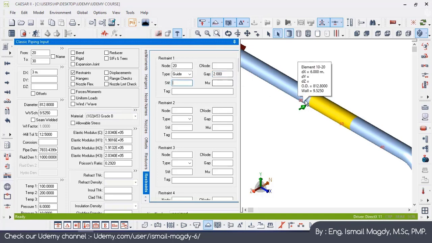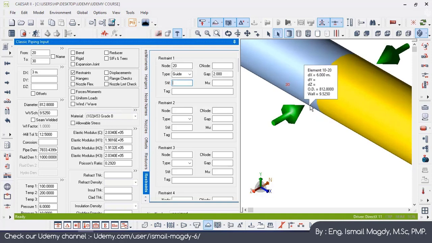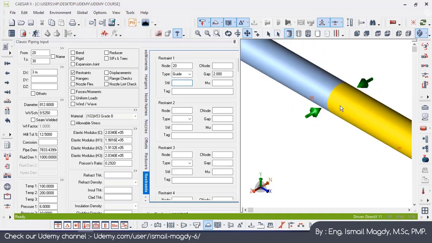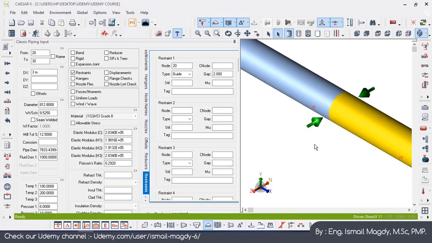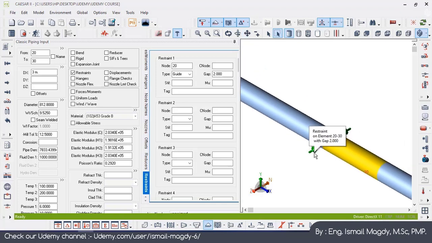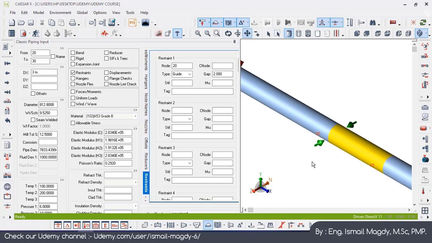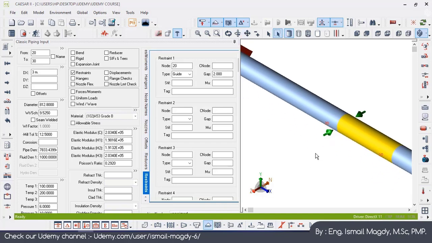We insert it here. You can see now that your support is not directly in contact with the pipeline. It has this specific gap, which means that your pipe will be free to move in this direction with only this specific amount. It has only 2 millimeter freedom to move in the X direction, or sorry, this one is in the Z direction. It is very important to represent our boundary conditions as accurate as possible, because this will give us